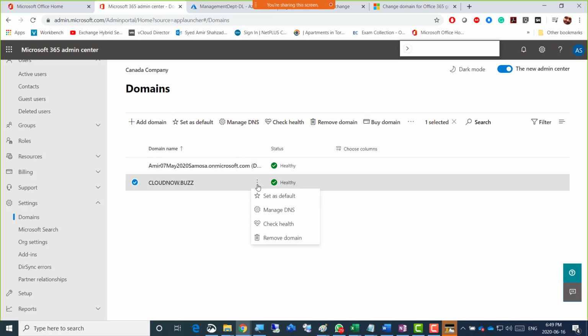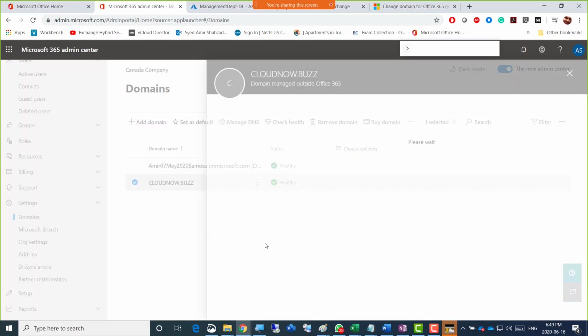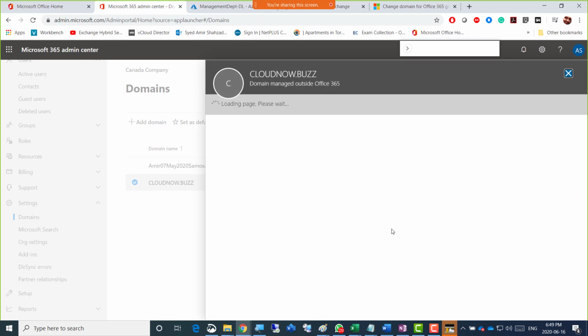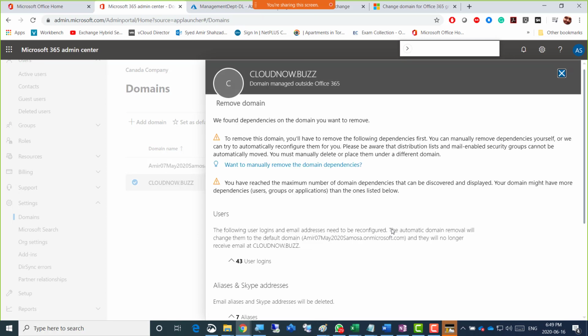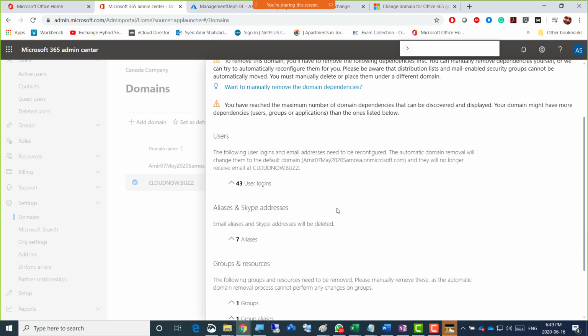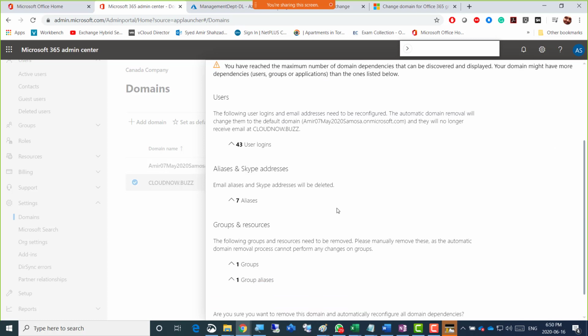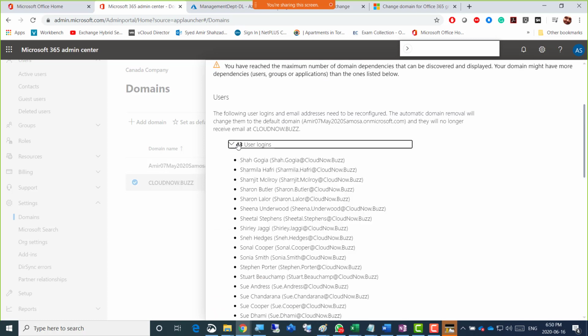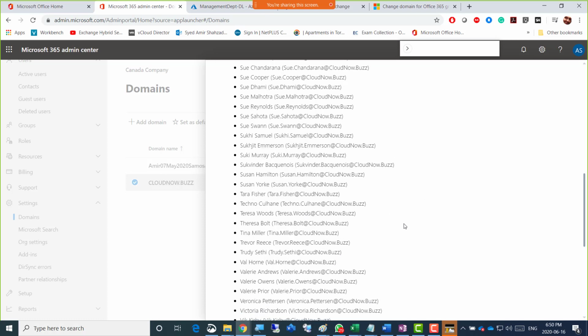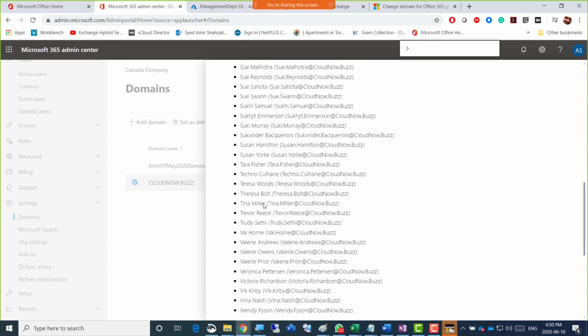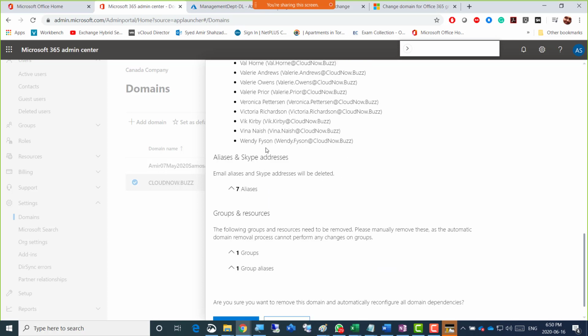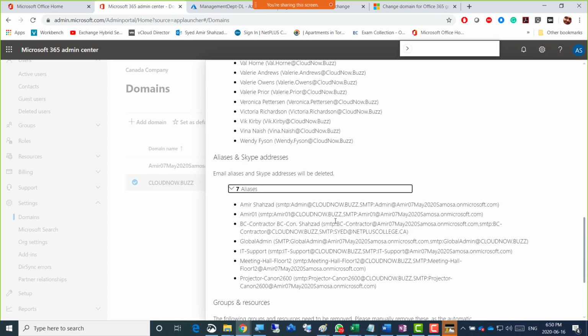So who else has been able to remove already? I'm just going to attempt to remove that now. So 4 DLs deleted, and seriously, 43 users still remaining, 7 aliases. So who are those 43 users from the S's, T's, V's, and W's? These guys are still remaining. Okay, so not all were there. And aliases, SMTPs, yeah, of these users.